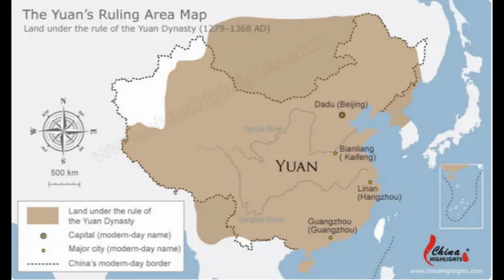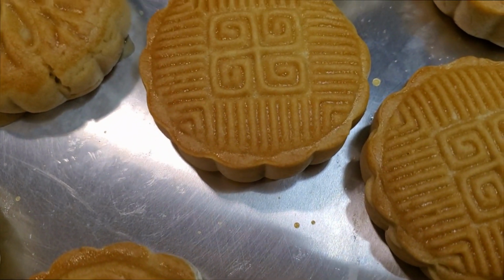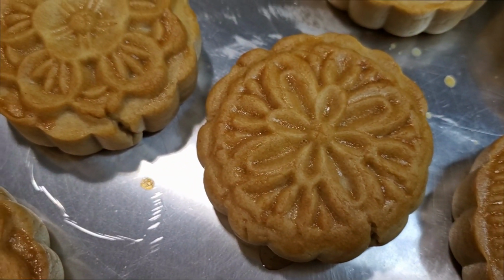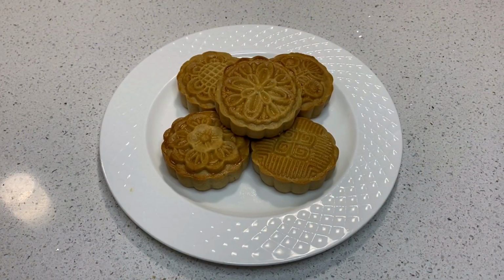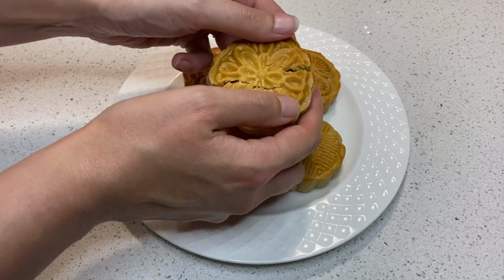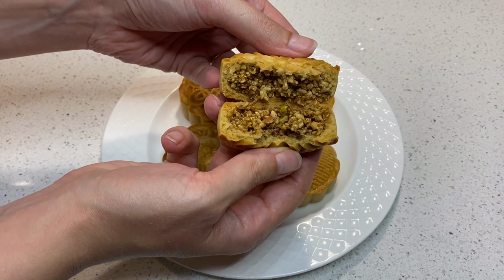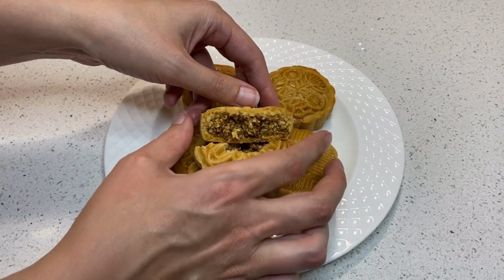Mooncakes started showing up during the Yuan dynasty when the Chinese people were under Mongol rule from about 1271 to 1368. Legend has it that revolutionaries used these treats to pass secret messages and organize uprisings against their rulers. So the story goes that Zhu Yuanzhang, the founder of the subsequent Ming dynasty, circulated a rumor that a frightening plague was spreading and that the only way to prevent infection was to eat a certain type of mooncake. Messages pinpointing the intended date of a planned national uprising were hidden in the fillings. No surprise, the date was set for the 15th day of the 8th month,